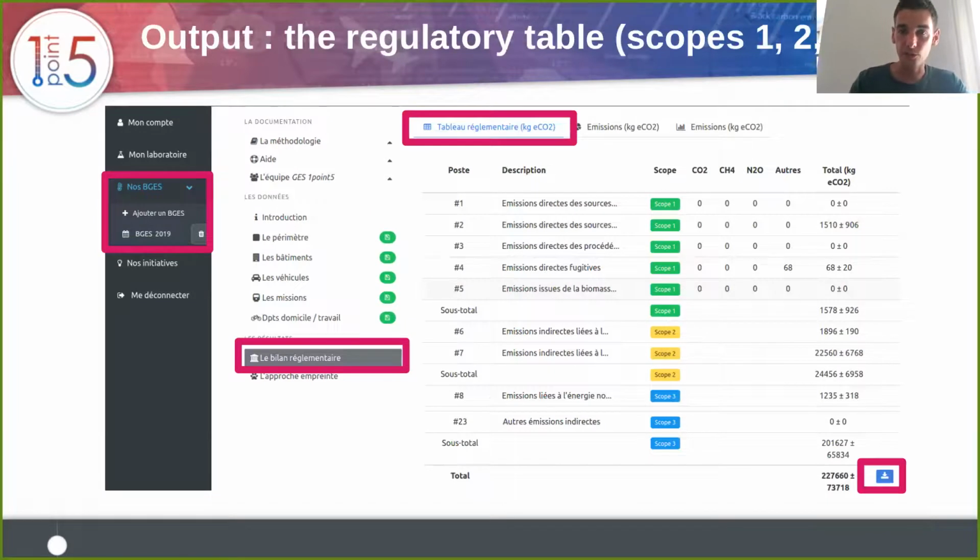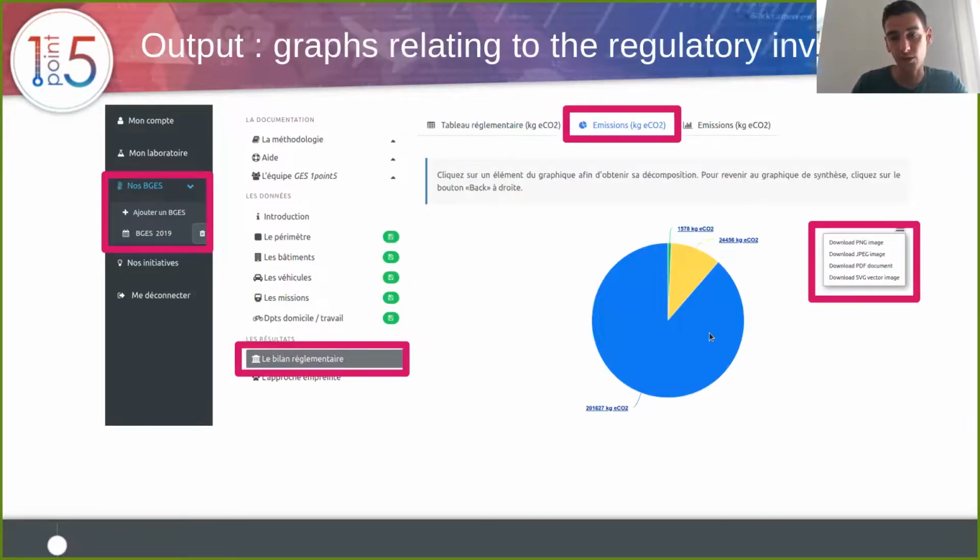Once he gets to the results, he gets the regulatory table, which is in agreement with the French and European regulation, from where he can see all his emissions from the different scopes, but also different graphics representing the regulatory table that can be exported.